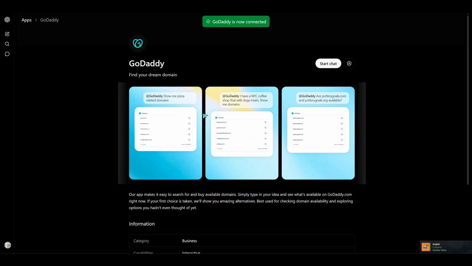A quick tip here: if you don't immediately see apps in settings or GoDaddy doesn't appear in the search results, try refreshing the page and make sure you're signed in to the correct ChatGPT account. Access to apps can vary by region or plan, so ensure your account supports the app's feature. If a prompt seems stuck, closing and reopening